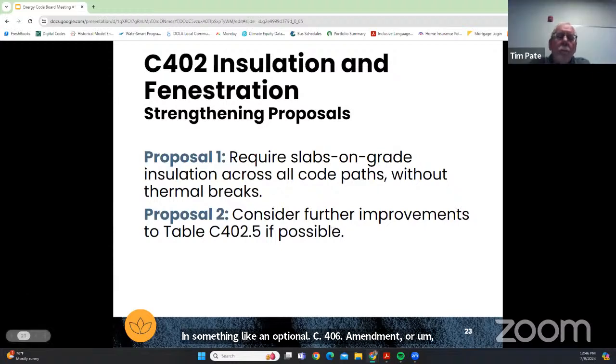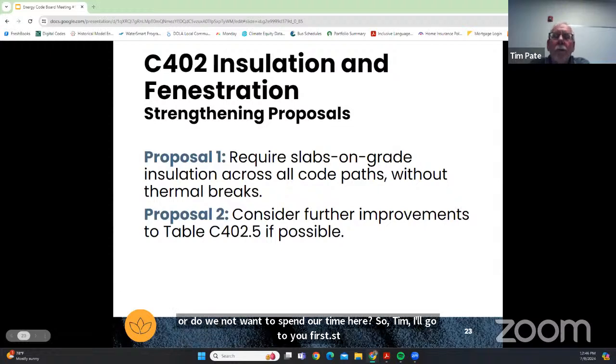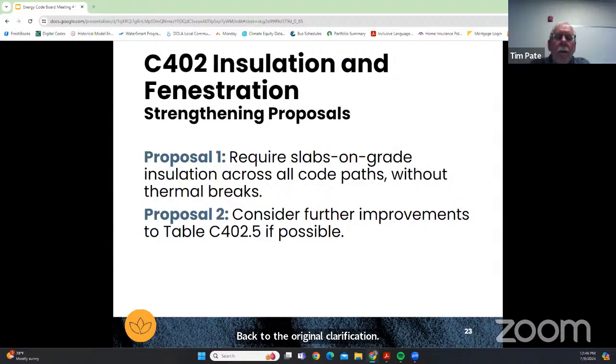Yeah, thanks. So back to the original clarification that Adam got us in the beginning for proposal one, it would appear to me that we, as a board, would not be able to do that as written, but it would have to be brought in some fashion from an appendix, and I don't see an appendix that actually could be modified to do that.